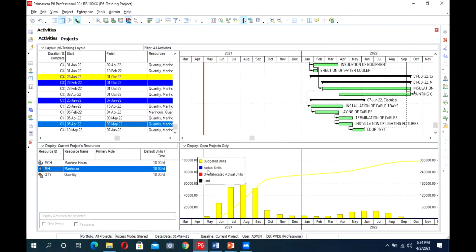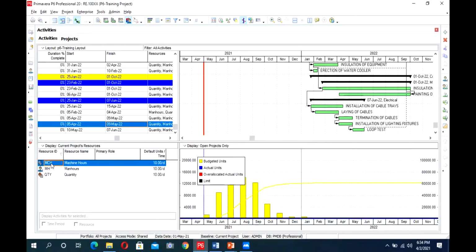When I apply the progress in it, it will show the actual unit in a blue bar. The yellow line is showing the cumulative also, which you can also say is your S curve, that is the cumulative form, and this is for every month data. So this is your man hours requirement for every month.